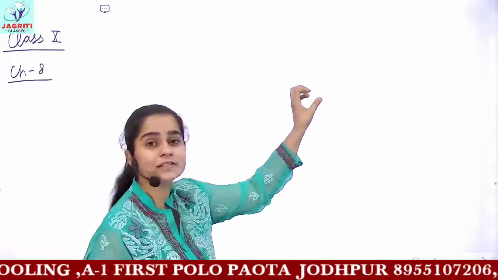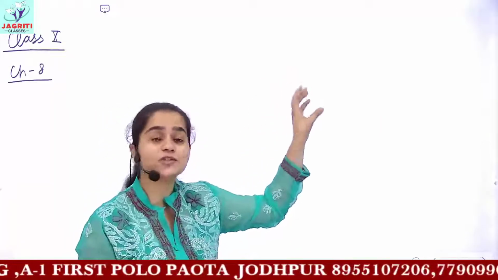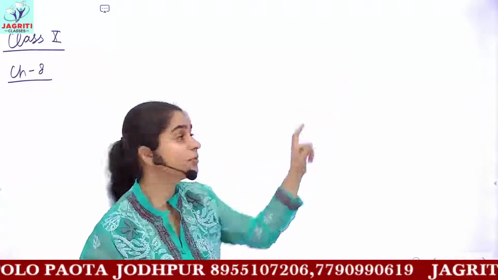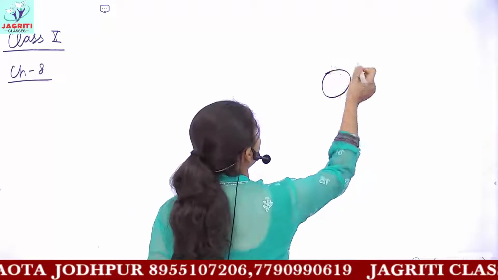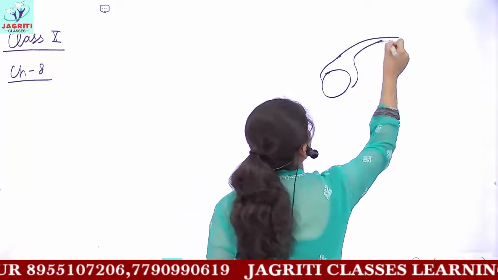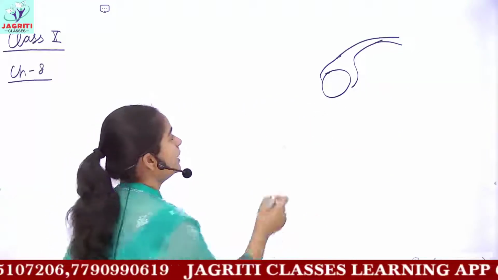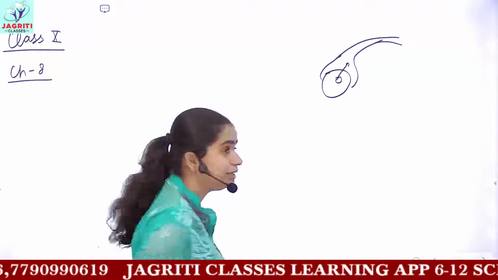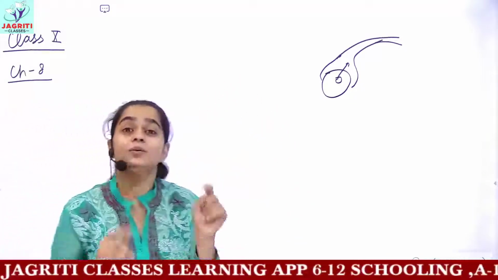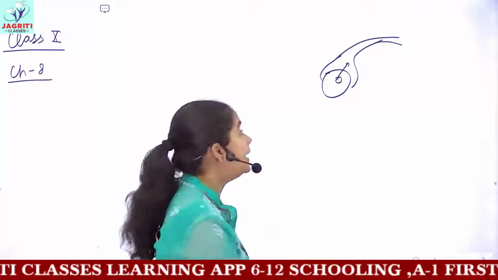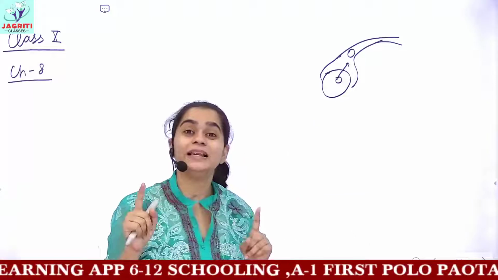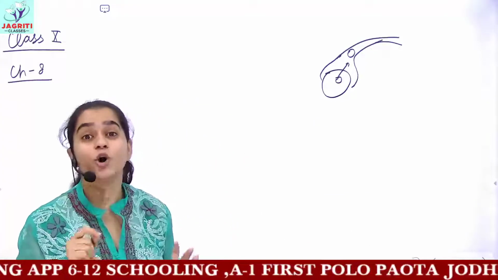How does that fertilization occur? Every single month, a mature egg is released from the ovary. This egg travels through the female reproductive tract. Let's suppose you have the ovary and then the fallopian tube or oviduct. The ovary contains thousands of immature eggs, and every month one single egg gets matured and is released. This egg is known as the female gamete, also known as ovum or ova.